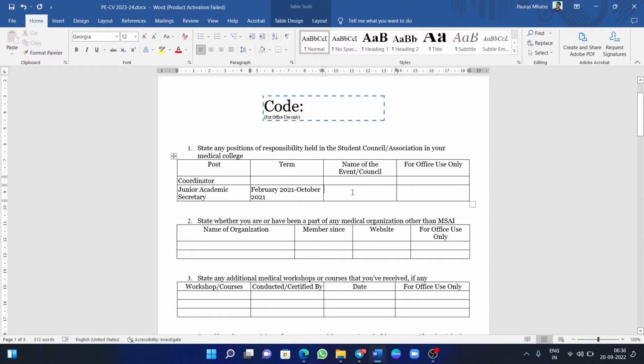The name of the event or council is basically Gymkhana. For your Avishkar, you can write Avishkar 2022. Okay, and your term, whatever it was. And again, I reiterate that you don't have to fill the last column, and I'm sorry for that pop-up window